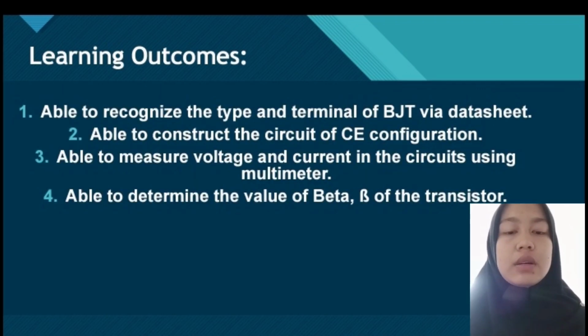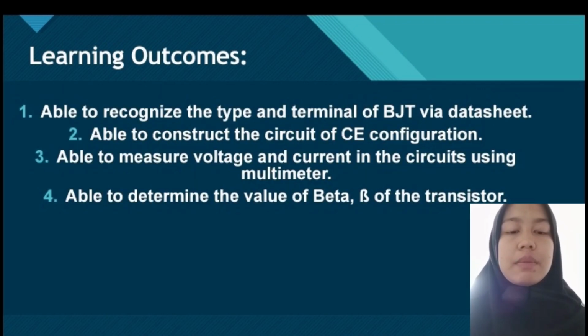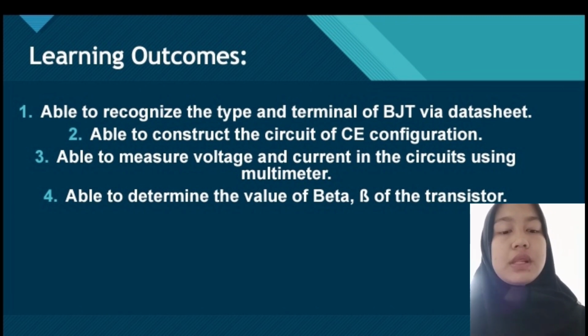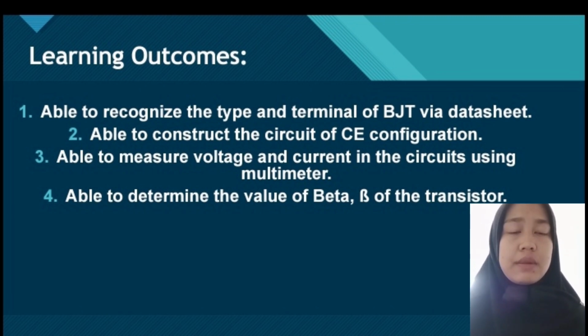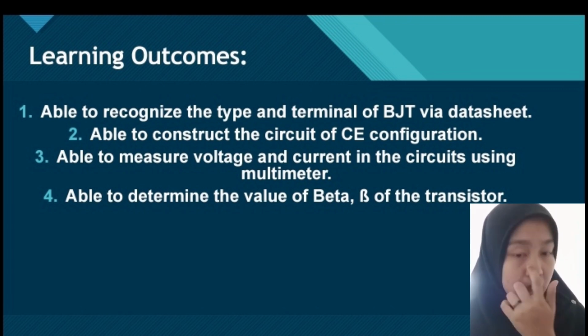So the learning outcomes are: first, able to recognize the type and terminals of BJT via datasheet. The second one is able to construct the circuit of CE configuration. The third one is able to measure voltage and current in the circuit using a multimeter. The last one is to be able to determine the beta